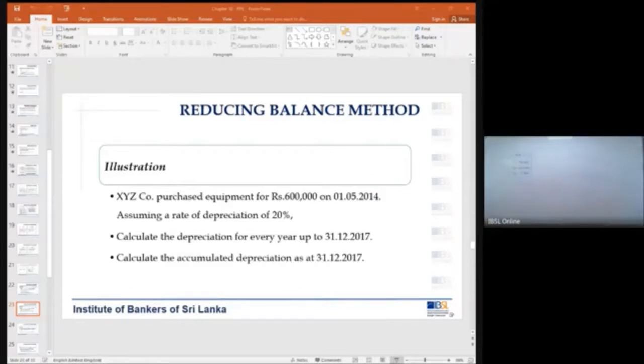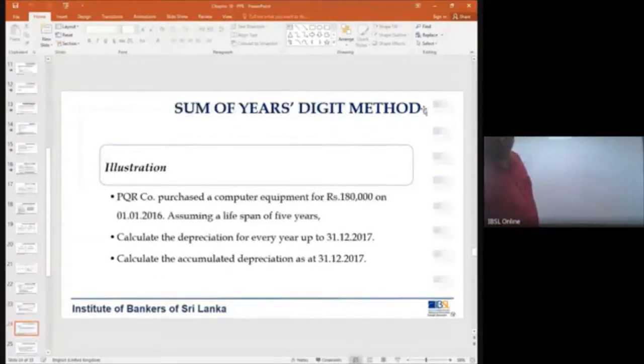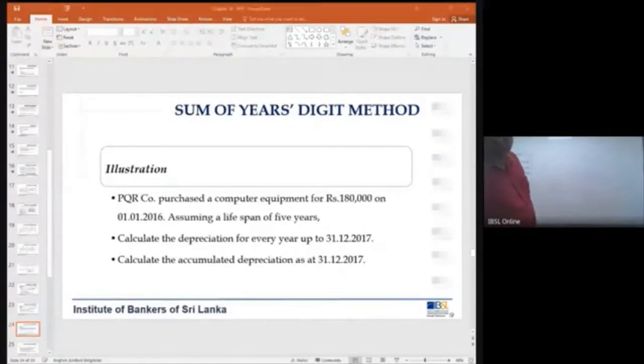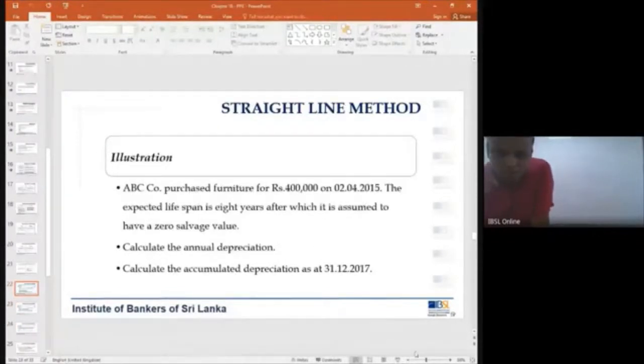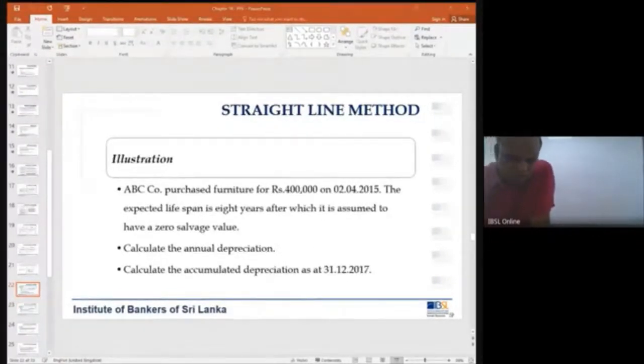Right. So now here we are talking about the sum of digits method. So before going into the sum of digits method, I want you to look at this slide.